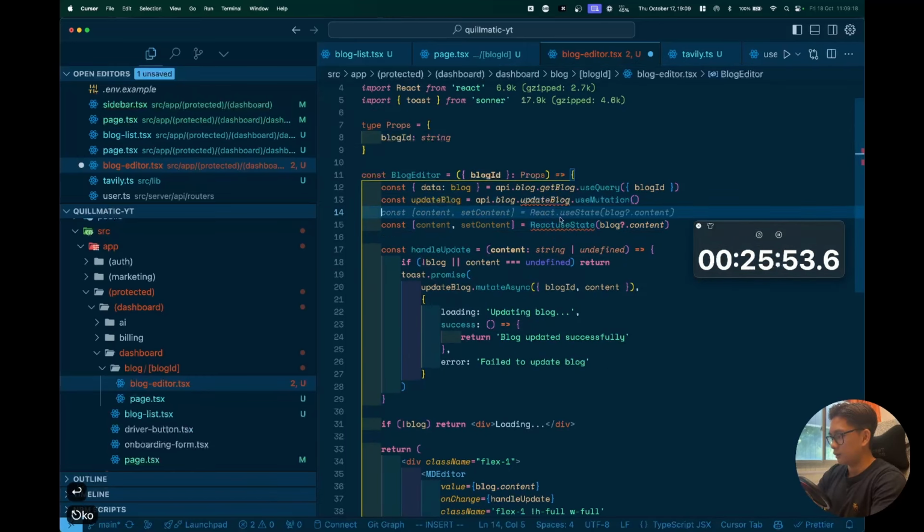I need an update block function. Update block takes in the block ID, updates the content, returns it. Finding like this. Handle update. I need a button here. A button here. Update like this. Save this. On click,